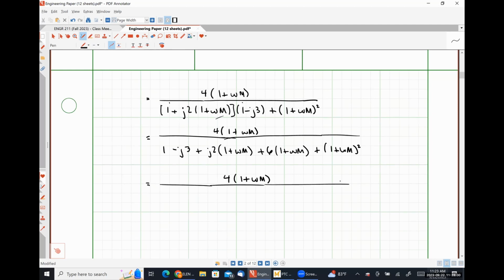And then I'm going to have 1 plus 6 times 1 plus omega m plus 1 plus omega m quantity squared as the real part of my denominator. For my imaginary part, so let's just call this plus j, I'm going to have twice 1 plus omega m